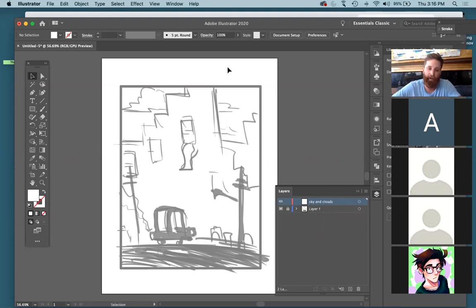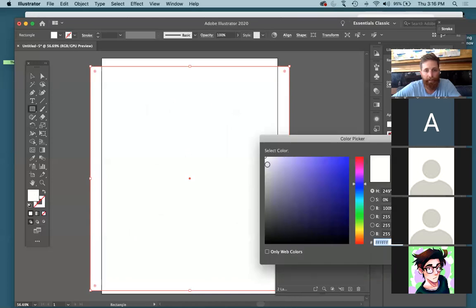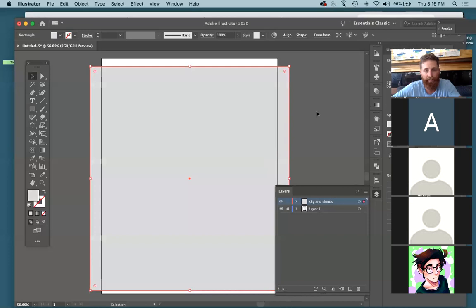For every piece of art I do, the layer setup is slightly different. Yours is always going to be slightly different than mine, but just try and find what works best for you as you're working. So I'm going to put down a big light gray value for the sky. But I just covered up my sketch, right? So how do I see my sketch so I can grab my pen tool and start tracing over those shapes? Well, making this a template layer